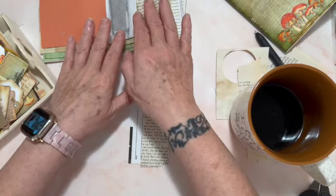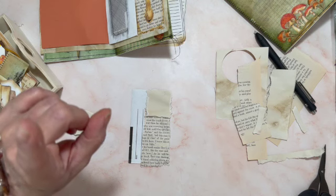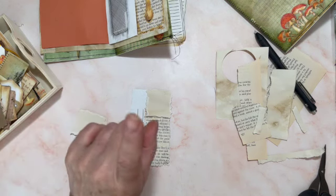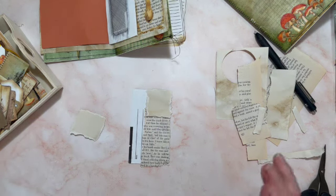I did some stuff offline. Let me take a sip of coffee. Okay, so I'll put that aside so I don't spill it on anything. And what I'm working on now is